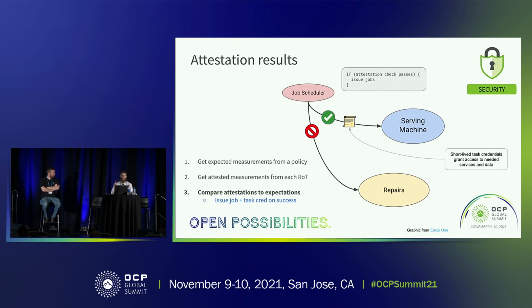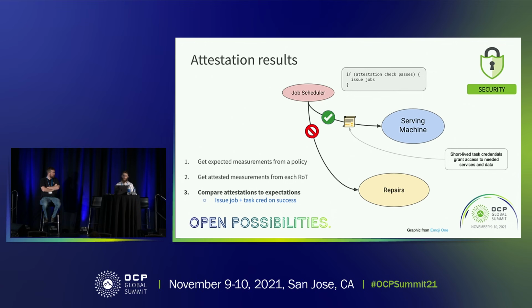Okay, now we have the policy and the measurements. Next, we've got to compare the two, see if the measurements actually satisfy that policy. And this is our goal here. Before issuing jobs, we want to make sure the serving machine attests clean. If the answer is no, we're going to send it to our repairs infrastructure, hopefully fix the problem. If the answer is yes, the serving machine is given